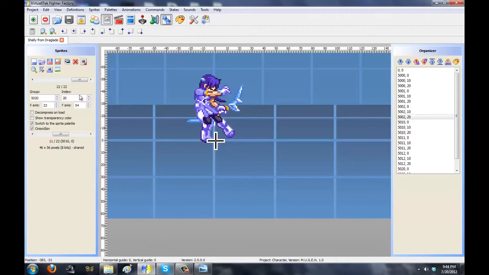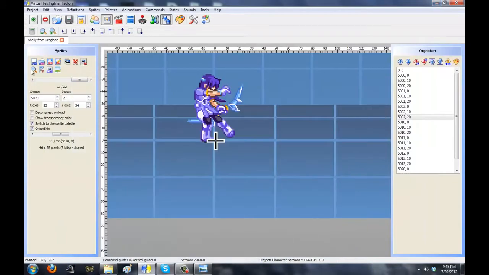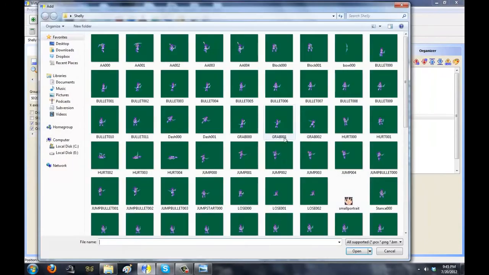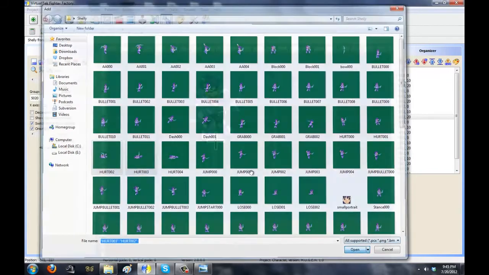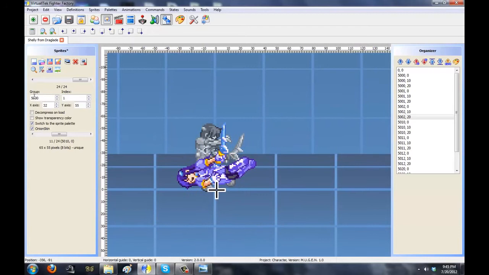Now, so, okay, we're up to the 5,000 and 5,030. Okay, since she only has a very limited amount of sprites, we're going to reuse sprites like we've done with the previous things. So, this and this. That's all she has for falling down. 5,030, align there, there. Okay, now,